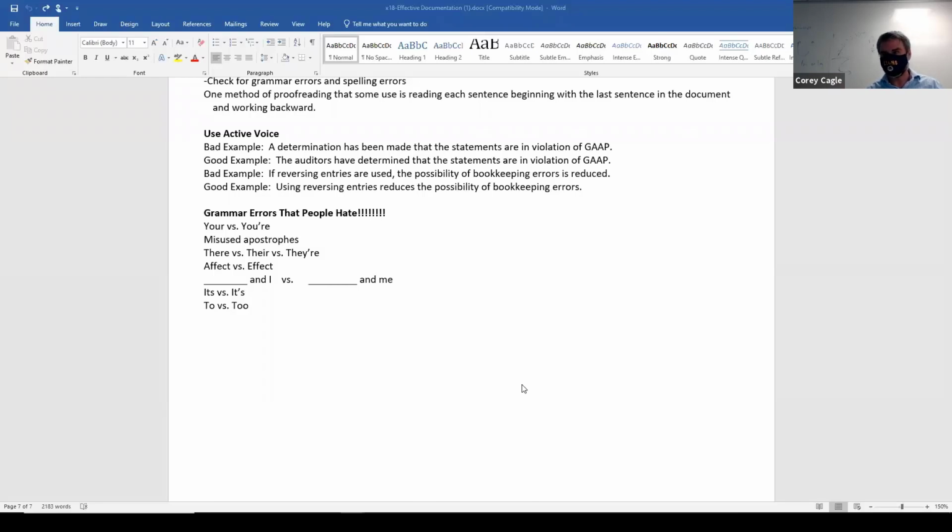Most people automatically think they need to say blank, he and I, in all cases, or she and I, or so-and-so and I. It depends on where you use it in the sentence. You and I are talking about this. I'm talking about this with you. I wouldn't say you and me are talking about this, that would be incorrect.